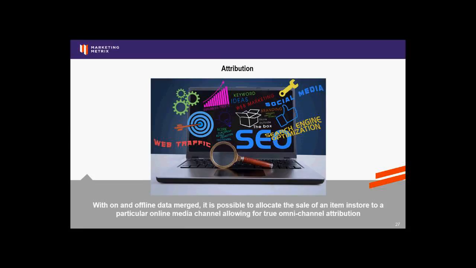Conventional online tools can readily track the source of a visit, but if the sale is not completed online, then the media attribution cannot be completed correctly. With the two data sources merged, it is possible to allocate the sale of an item in-store to a particular online media channel. This effectively allows for true omni-channel attribution instead of the first click or last click model historically